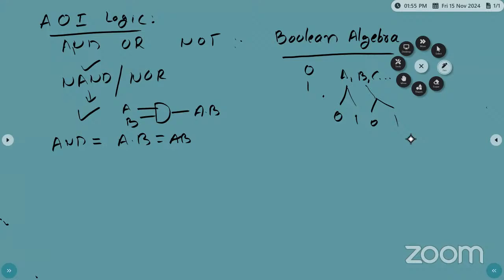So what is a theorem and what is a postulate? A theorem should have a proof. If we take x, we have to prove it, and then only that is called a proof. Any theorem should have a proof. Postulates don't have a proof; we have to blindly accept them. Now, the postulates are